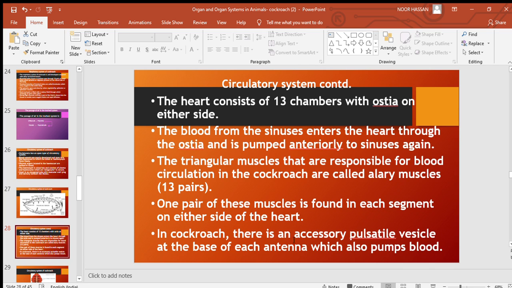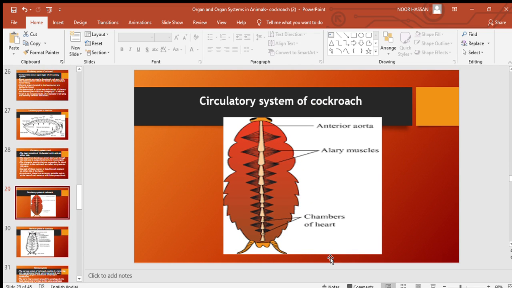In cockroach, there is an accessory pulsatile vesicle at the base of each antenna, which also pumps blood. Okay, and this is the picture to show the diagrammatic representation that shows the heart chambers, and these are the alary muscles. So they are paired structures, and they are also responsible for blood